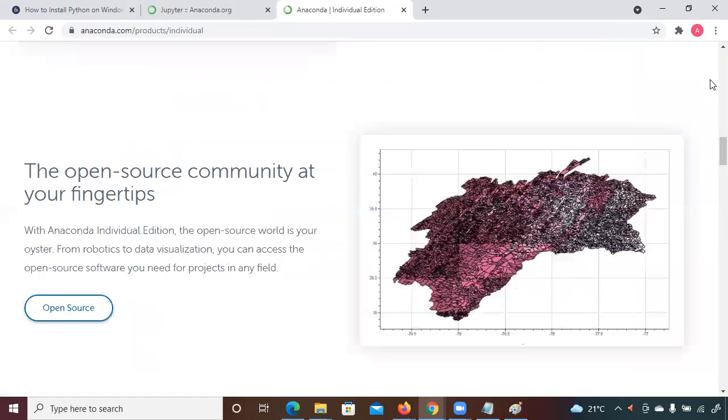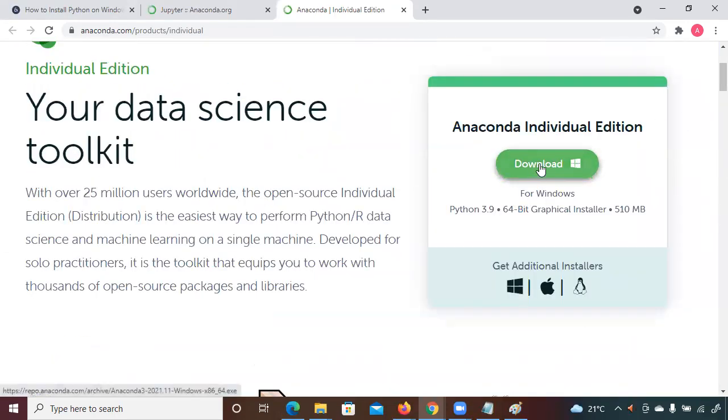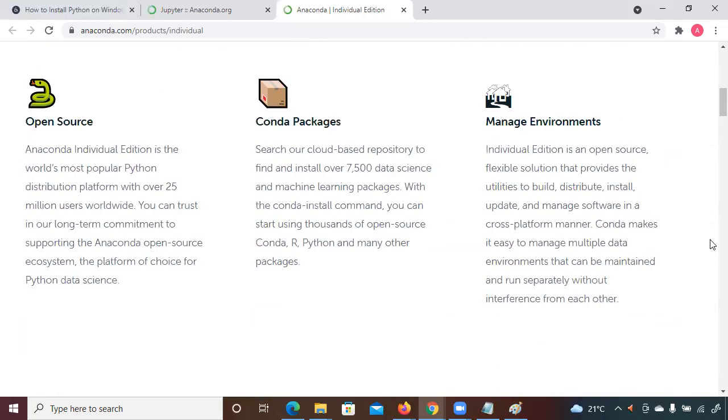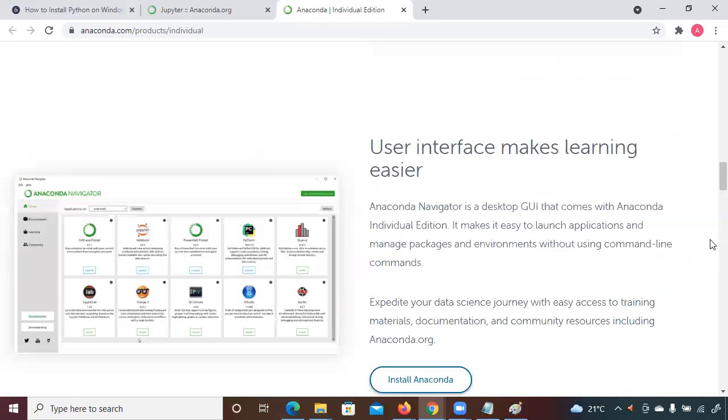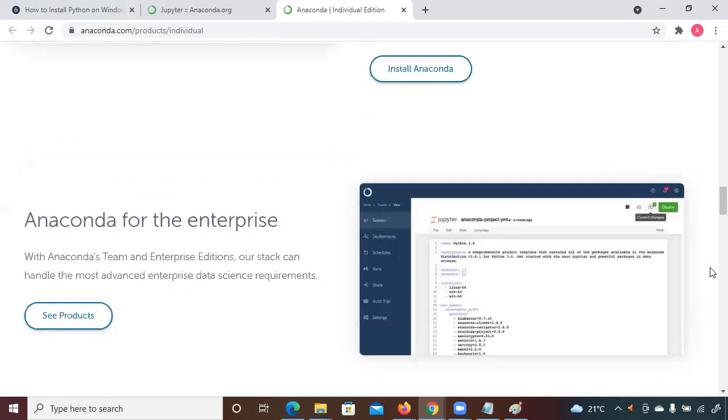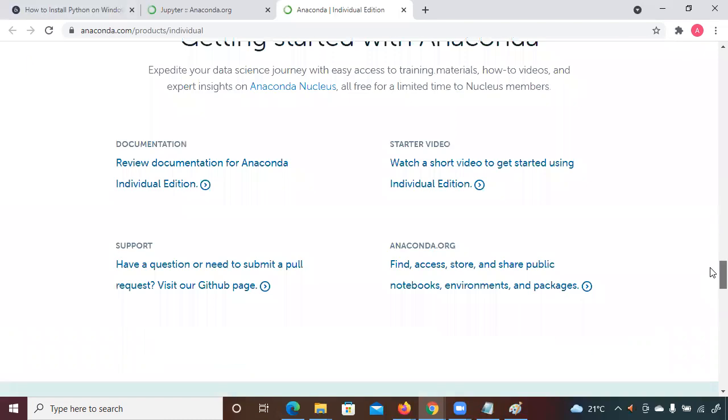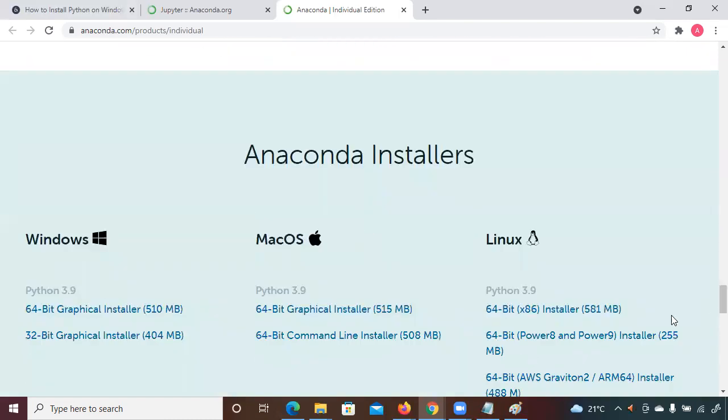On this page you can download it by clicking on Anaconda Individual Edition, Python 3.9 64-bit. Based on your system, 32 or 64-bit installer, you can download it. The platform will be like this, and then you can install it. Based on Mac, Linux, and Windows, you can install.